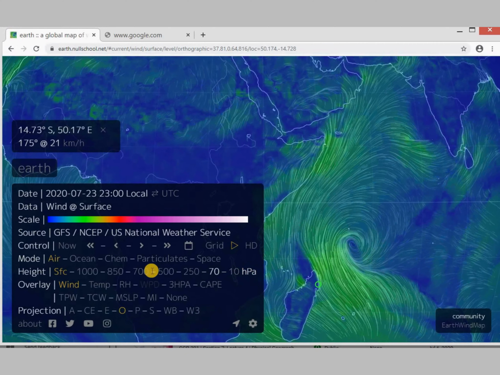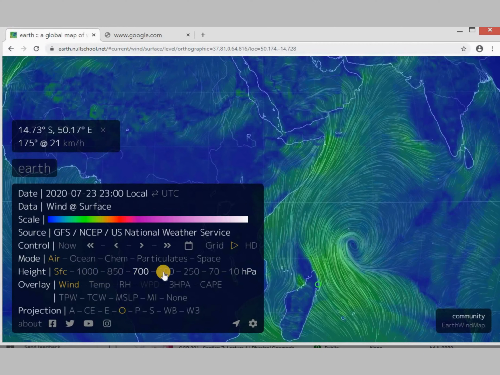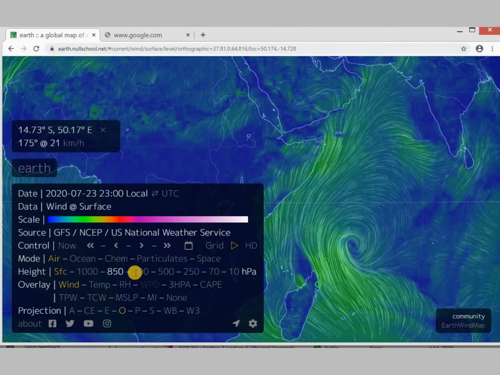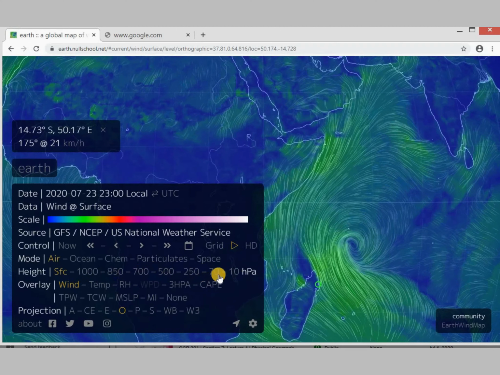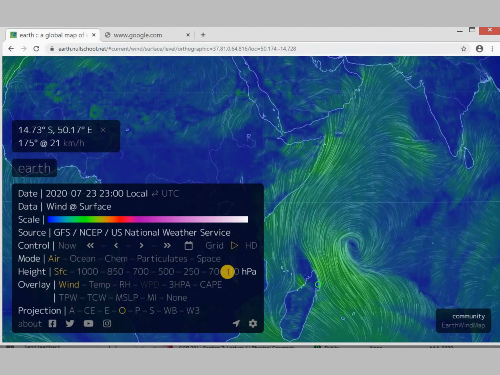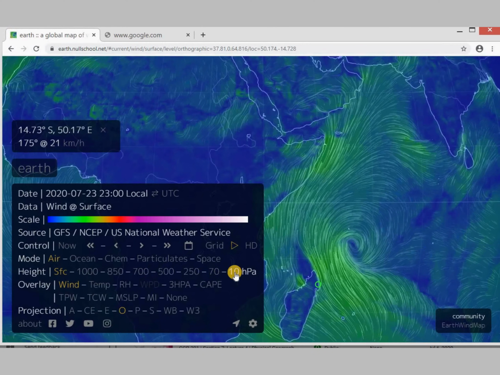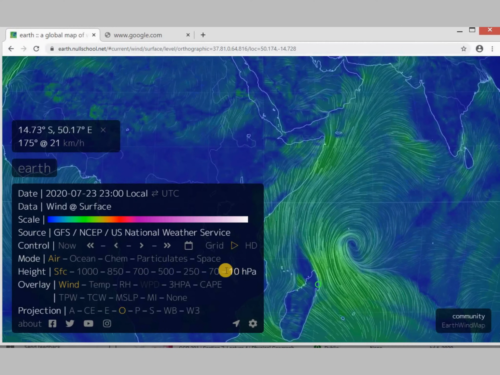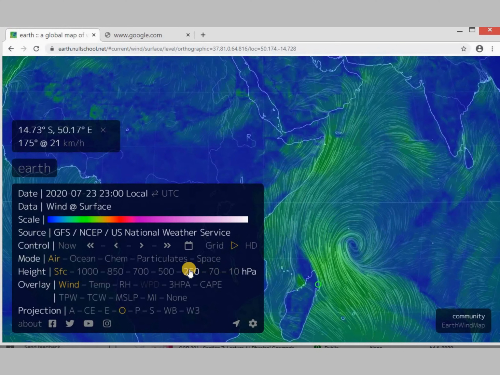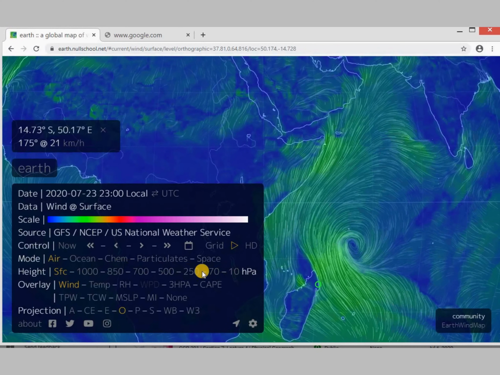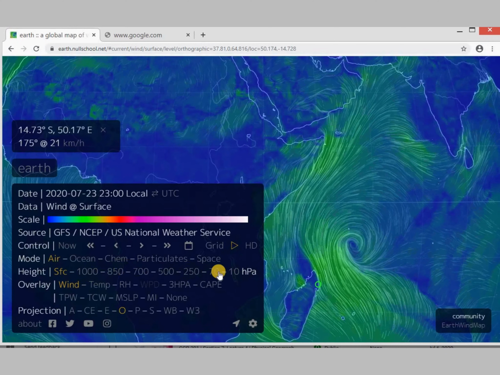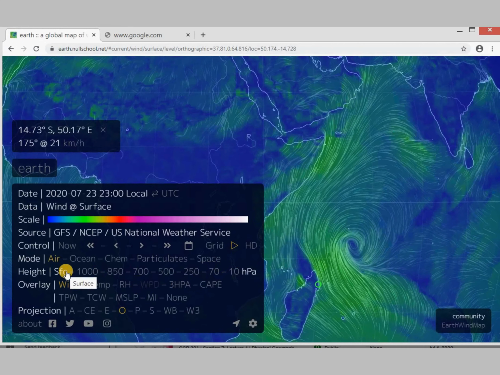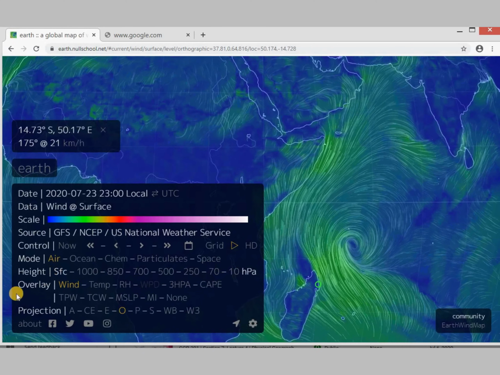So it's according to the height, like the air pressure decreases with the increase in height. That's why, with the increase in height, these pressure values are decreasing. So we can say the 10 hectopascal value is lying at the highest altitude, and then the 71, then 251. These are according to the height. The decreasing number shows the increasing altitude in the air. So for general weather conditions, the surface condition is ideal.